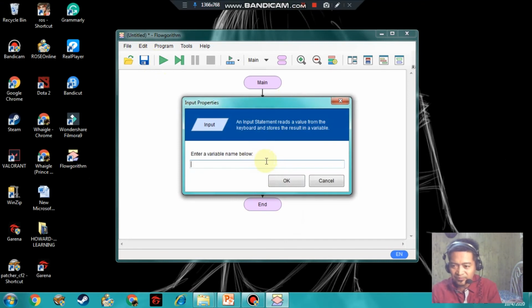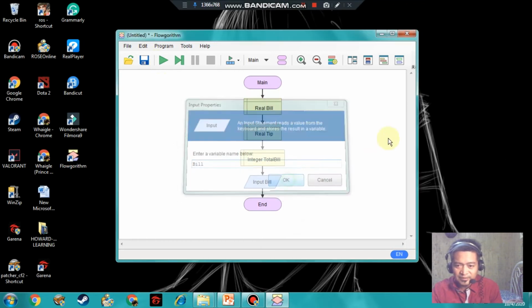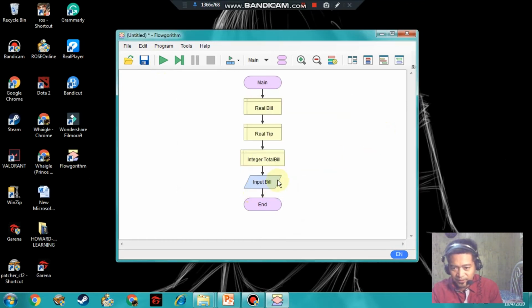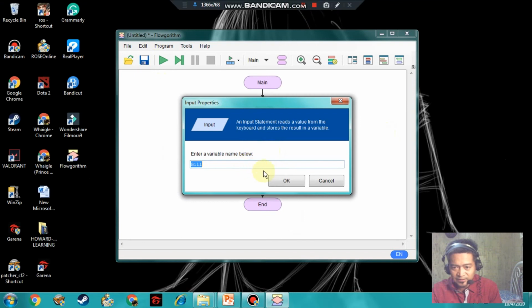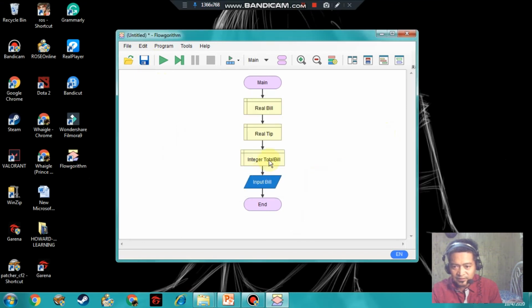So una, ano yung bill, di ba? Amount ng bill na babayaran. Yeah. So ayan. So input bill, again, balikan ko. Ayan. So input bill. Yan. So pagkatapos na-input na natin bill, bago natin pabayad yung total bill, compute muna natin yung tip,